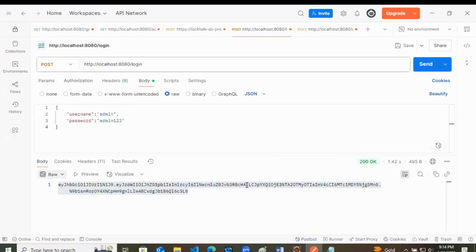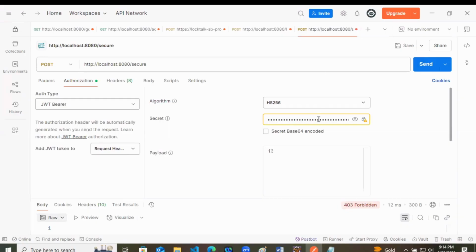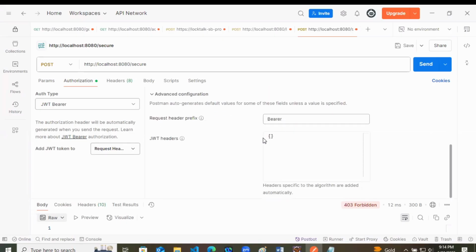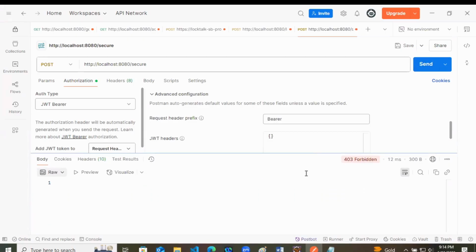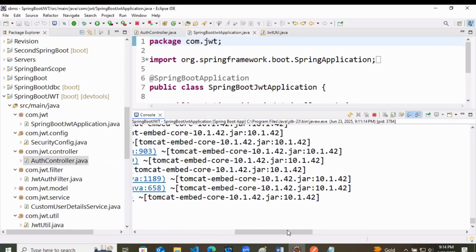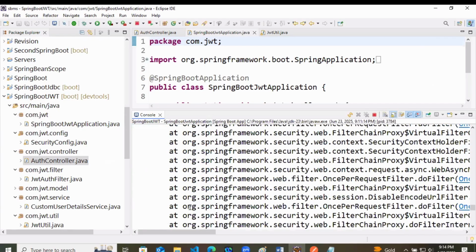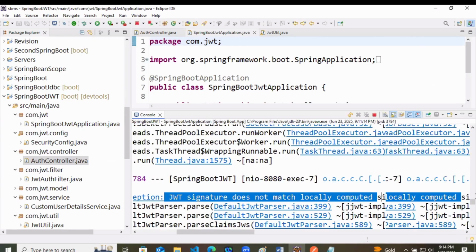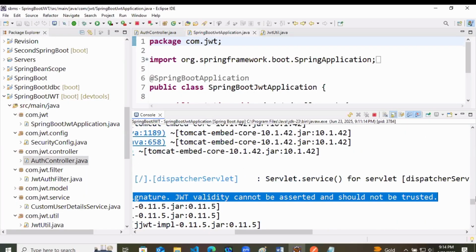So let's make a POST request again and we will obtain a new token. We'll just copy this, go there and paste. There is some error in the program, but we are doing internal testing. So just send, and here again 403 Forbidden. And again we will be getting the same error that it is not trusted and it is not matching. So it means that you cannot check it locally. Now we will solve the error tomorrow. It is getting so late.